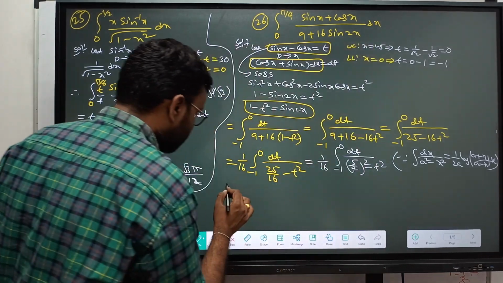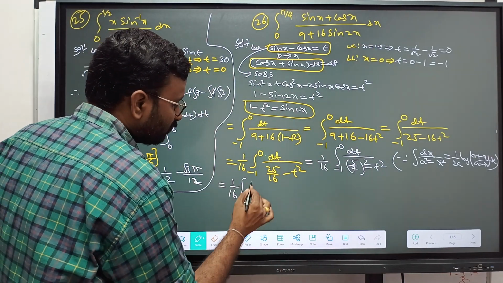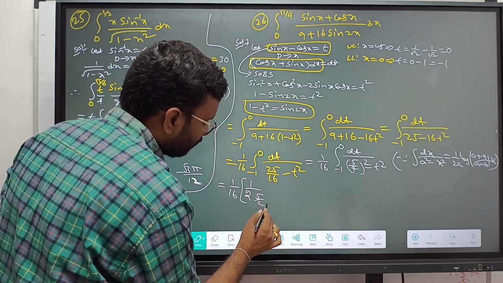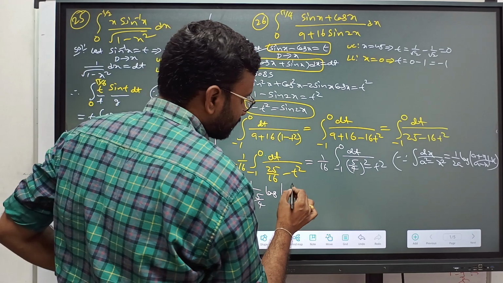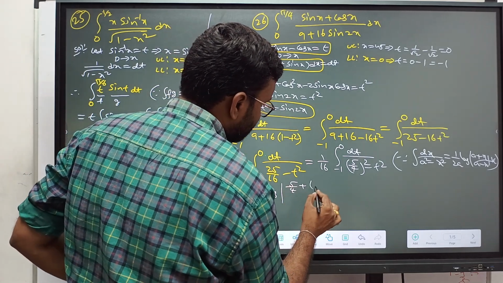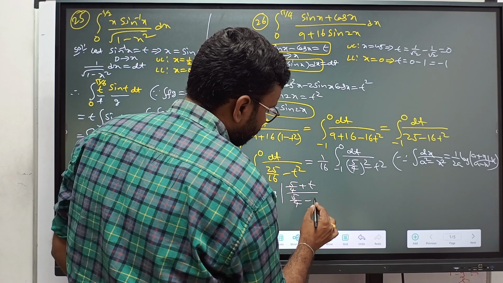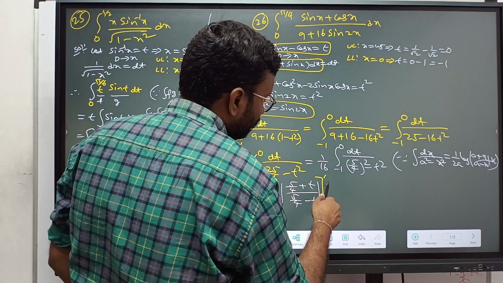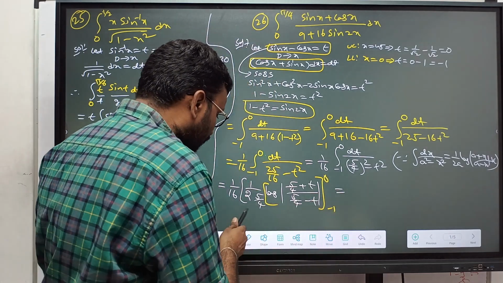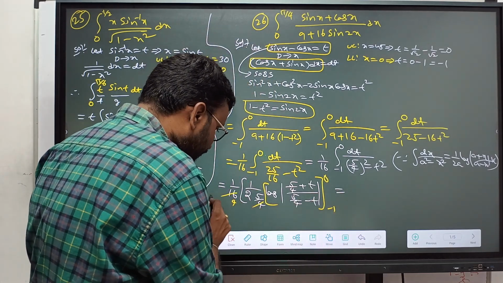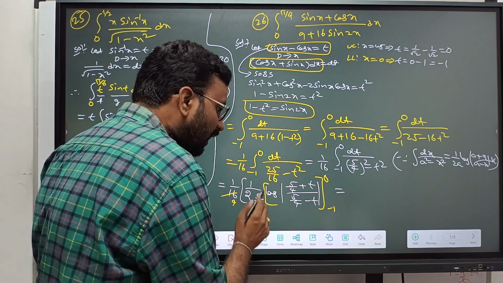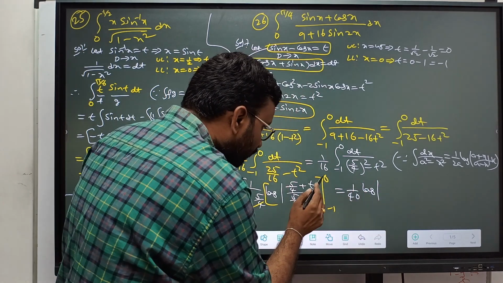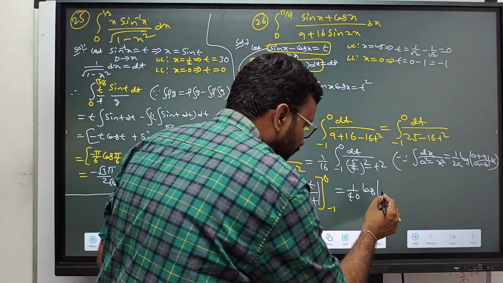So this is equal to 1 by 16 into 1 by 2a. 2 into a means 2 into 5 by 4, log mod (5 by 4 plus t) by (5 by 4 minus t), with limits minus 1 to 0. 4 and 4 cancel, 4 into 2 is 8, 8 into 5 is 40. So 1 by 40 log mod. If you write 0, the 5 by 4 and 5 by 4,